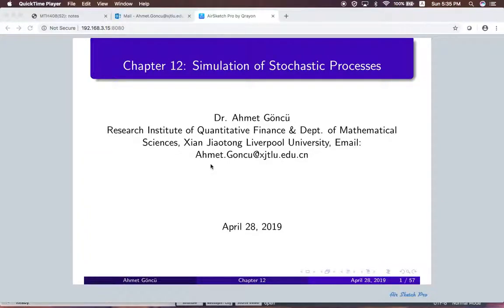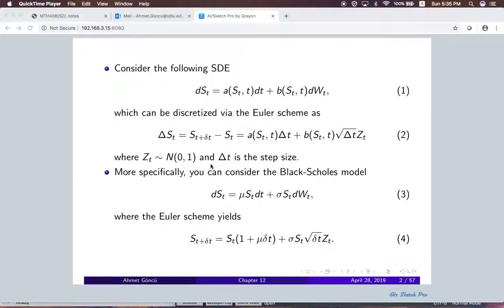Welcome to chapter 12. In this chapter, we will talk about the simulation of stochastic processes. So first, we will talk about the simulation of the Brownian motion within the Black-Scholes model. So if you remember